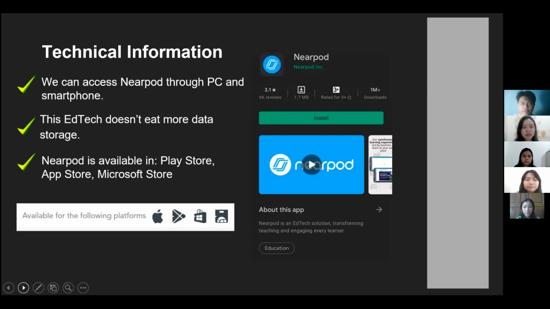The next is about technical information. We can access Nearpod through a PC and also our smartphone. And this education technology doesn't consume a lot of data storage because we can access it through a regular browser. And if you want to install the application on your smartphone, it only